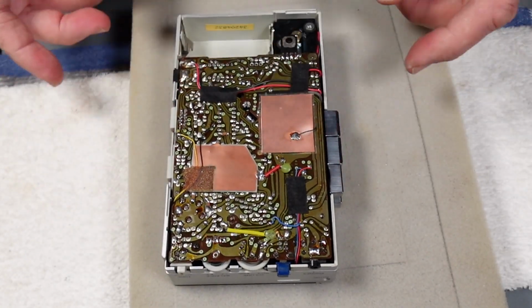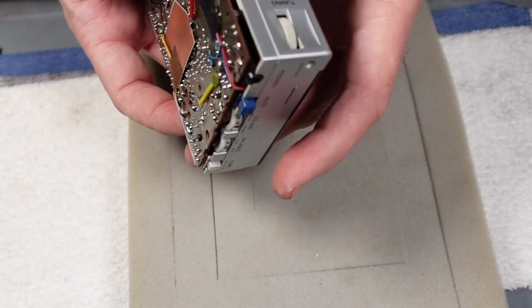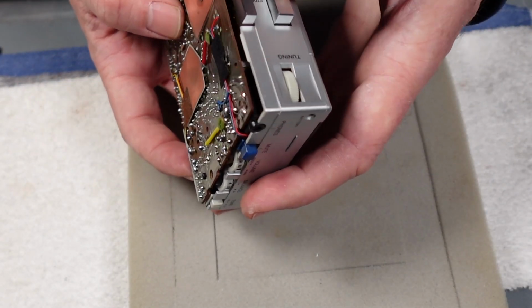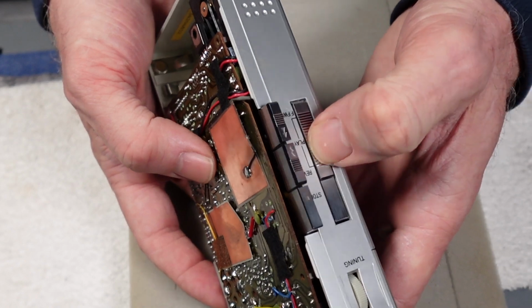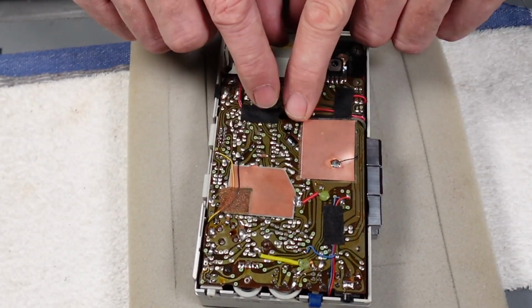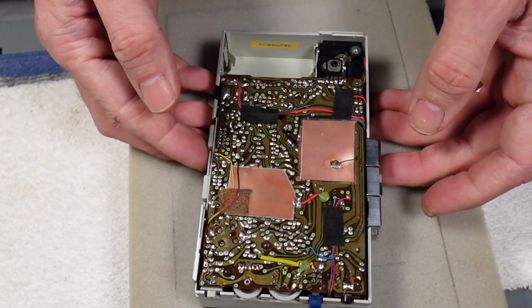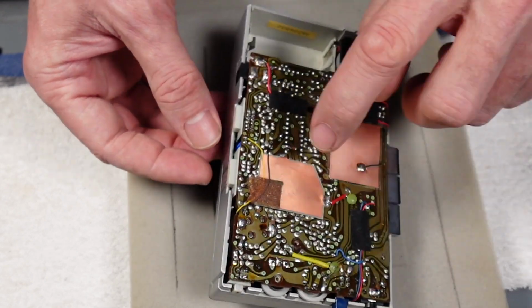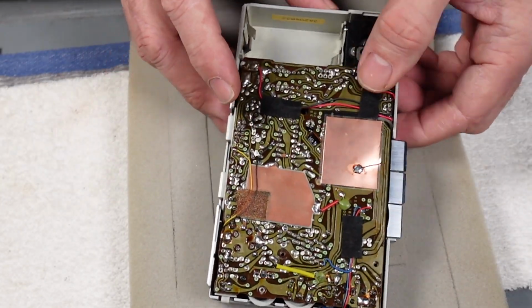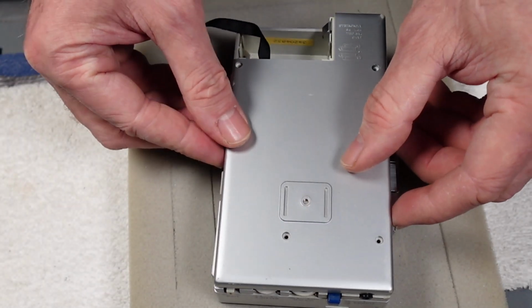Always hard to know how hard to torque those up really when you're plastic on plastic like that, but I think we're okay. Just check the mech's okay. There we go. So as I say, I won't screw this screw into the circuit board here to hold it all back, because in the morning hopefully we'll have a new belt, we can get that on, and that'll be that. But what I will do is just very loosely fit the back cover,